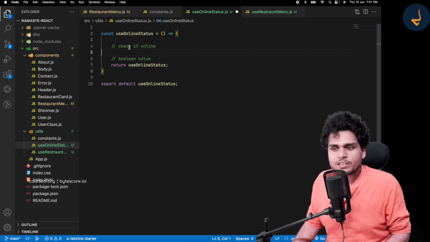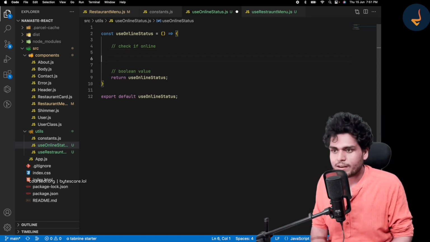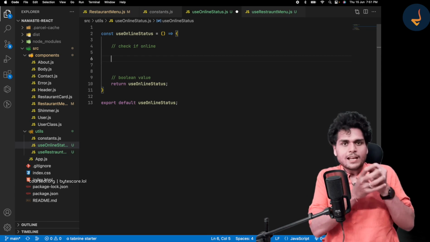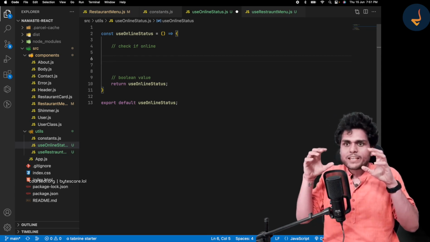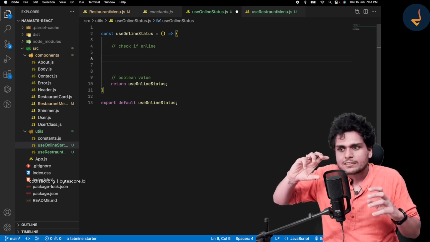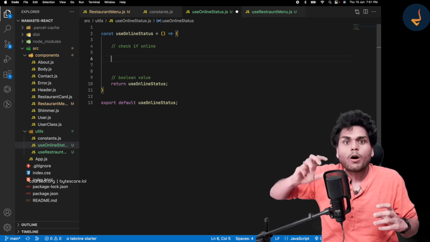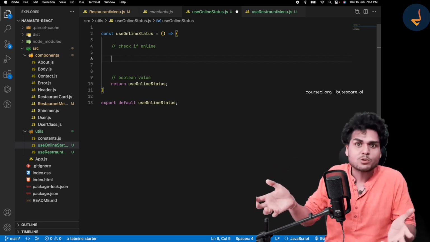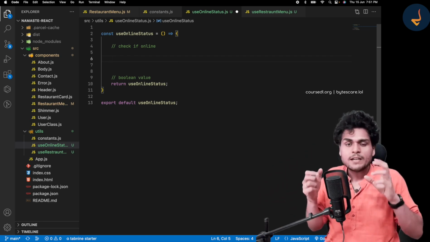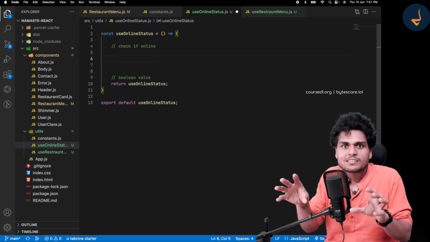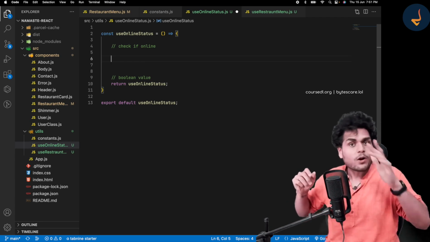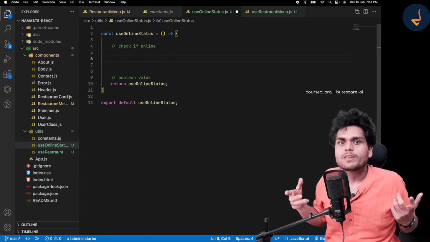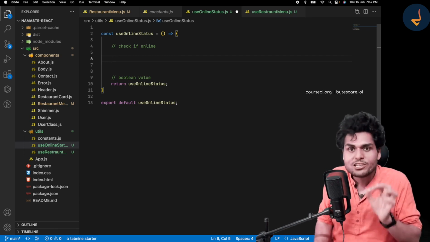So now I will use those event listeners over here in my code. Checking online status. One question I have to ask you: those event listeners basically will keep track of when the internet is online and when the internet is offline. Those event listeners are a superpower given to us by the window object and the browsers. Now we want to just add those event listeners to our web page. So can you answer how many times should I add those event listeners to our browser? Just once. You are absolutely right. We just want to add it once.